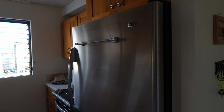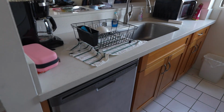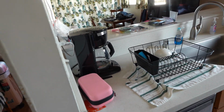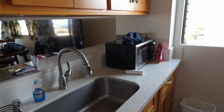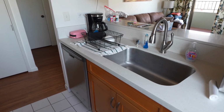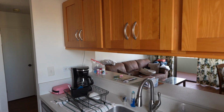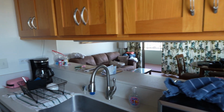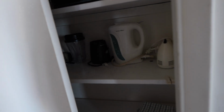So we go into the kitchen. You've got a fridge to the right. You've got a dishwasher to the left, which is apparently pretty rare in Hawaii. Legit tip on that one. Coffee maker we have not used. Tiny microwave on the counter, so extremely cheap. There is the stove on this side. You'll see it's just a really tiny space. And again, in a lot of the remodels, especially if they've done it since the 1980s, they will knock this out and make this more wide open, which I think would be better because you'll have a little bit more room. There is one crappy closet over here that's tiny, and ours is filled